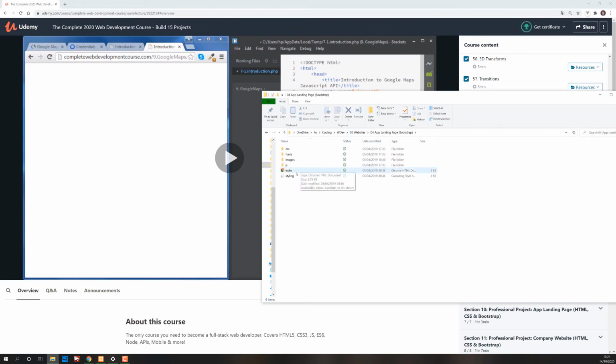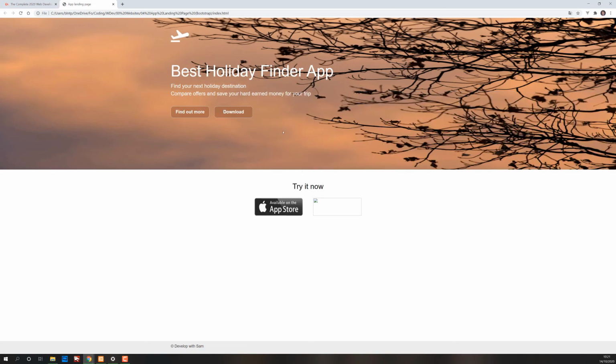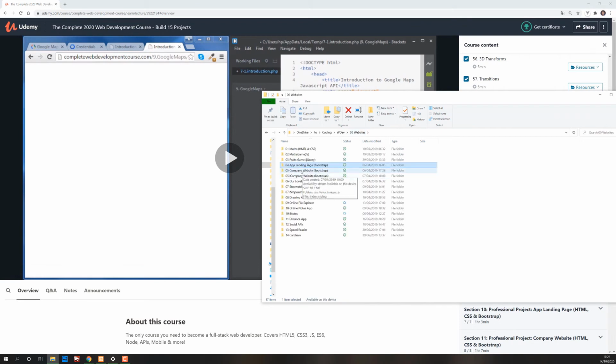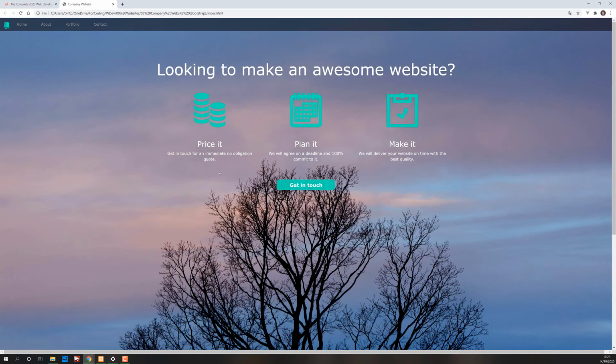these are just Bootstrap pages, so I'm just going to quickly show them. This is a more modern design, just a landing page. Probably this image has been deleted accidentally. Moving on to the next one, and these ones are not too exciting, but I'm just going to show them very quickly. Got a little navbar, little hover effect,